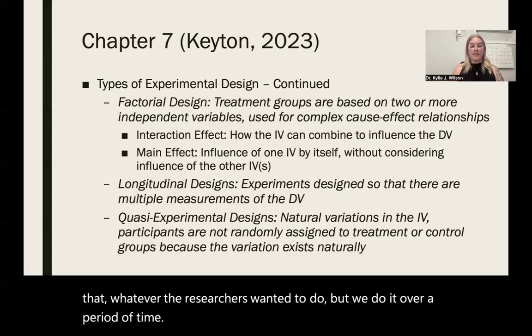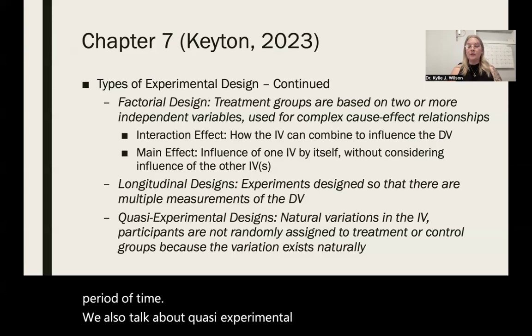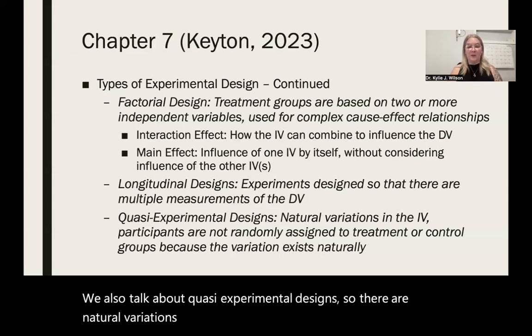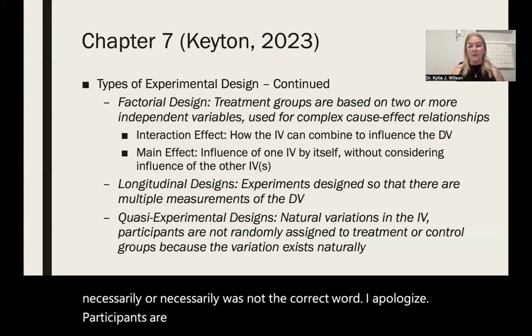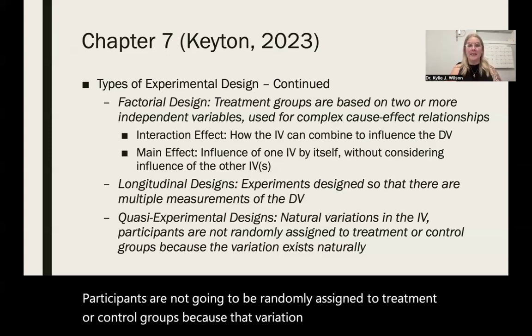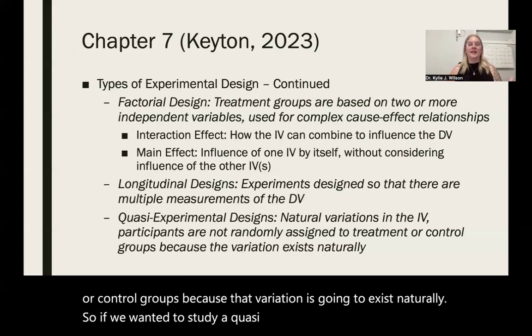We also talk about quasi-experimental designs. So there are natural variations on the independent variable. Participants are not necessarily, or necessarily was not the correct word, I apologize. Participants are not going to be randomly assigned to treatment or control groups because that variation is going to exist naturally. So if we wanted to have a quasi-experimental design for the trigger warnings on TikTok,